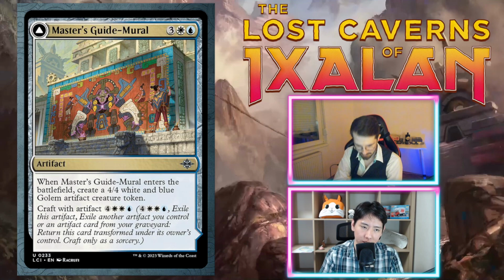Okay? Agreed. Master's Guide Mural. Agreed? That's a weird thing to say agreed to. But